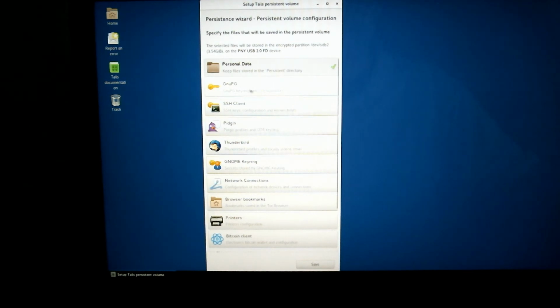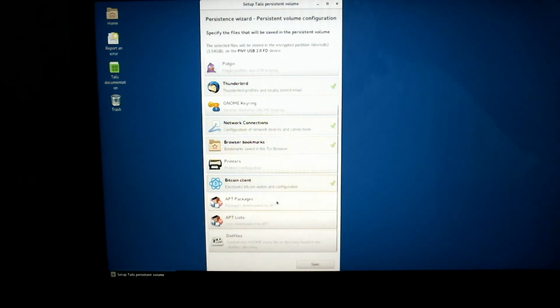So do you need to set up a keyring? Yes or no? Again, the keyring setup is great if you need to remember passwords, bad if you don't. SSH clients, Pidgin. You might use this for checking email, so you might do that. You have your GNOME keyring. Network configurations: if you're using this on a standard system that has a wireless card, or you're on a consistent network, or maybe you go to the same coffee shop and you don't want to have to re-enter the information every time, you can click on this and it will save that. Browser bookmarks, so you can actually save bookmarks. There's printer configurations,